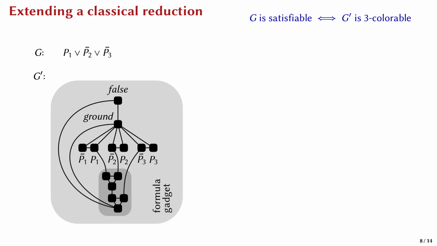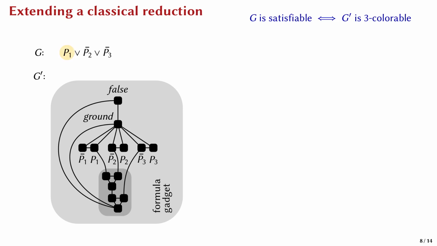Here's one of these textbook reductions from classical complexity theory. We're given a Boolean formula in 3-conjunctive normal form, and we transform this formula into a graph that is 3-colorable if and only if the formula is satisfiable. You have probably seen this reduction at some point, but perhaps you have forgotten the details like me. So let me refresh your memory. The main point is that if this graph is 3-colorable, then 2 of the colors can be interpreted as the Boolean values true and false. And the third color represents a neutral value, which we will refer to as ground.